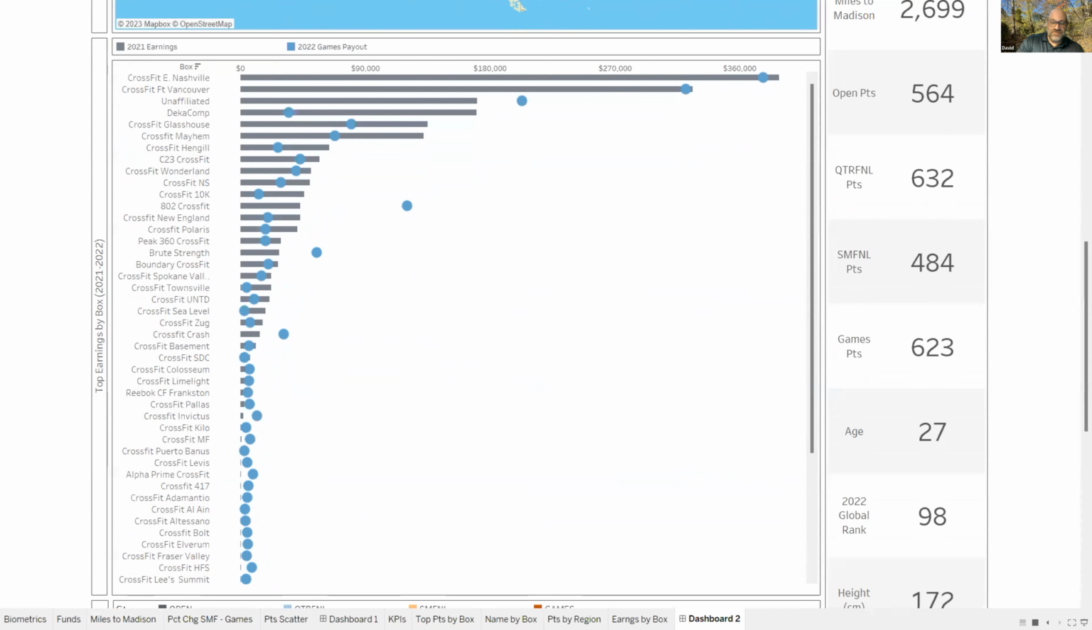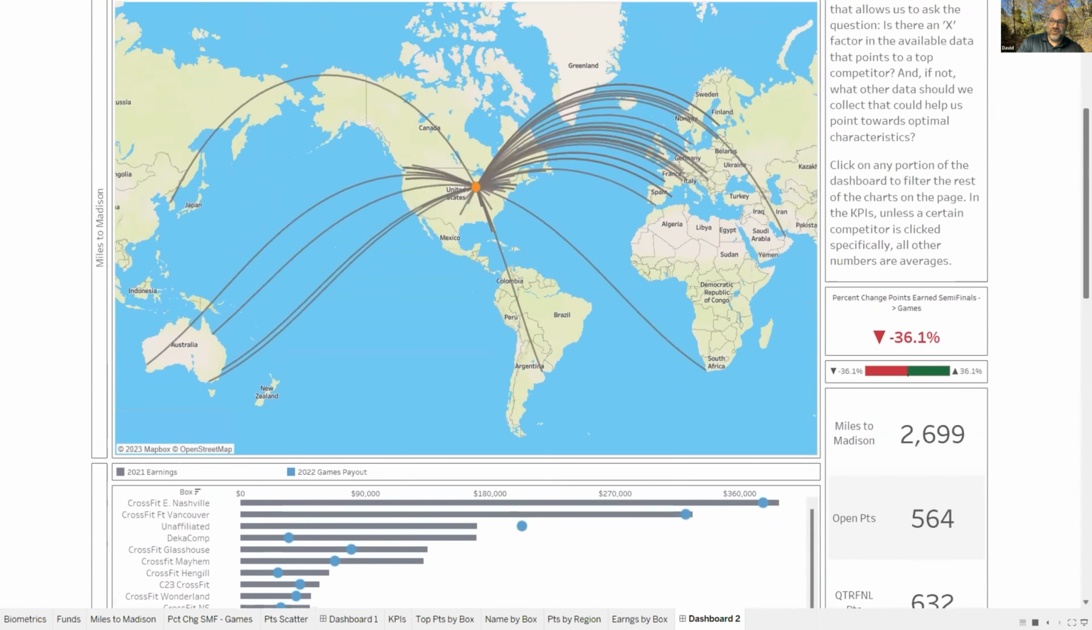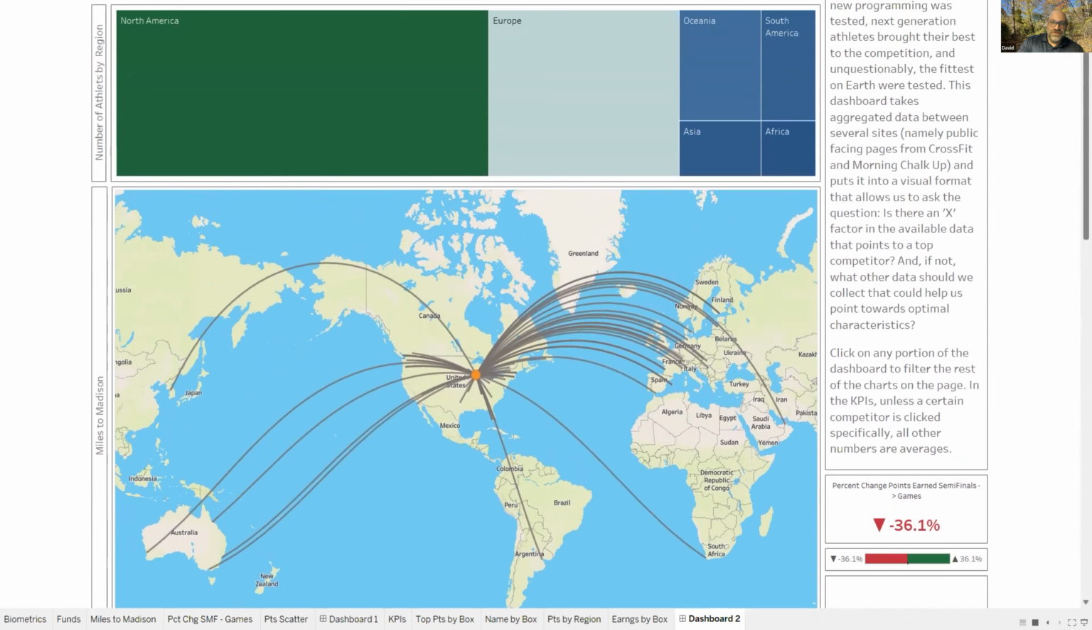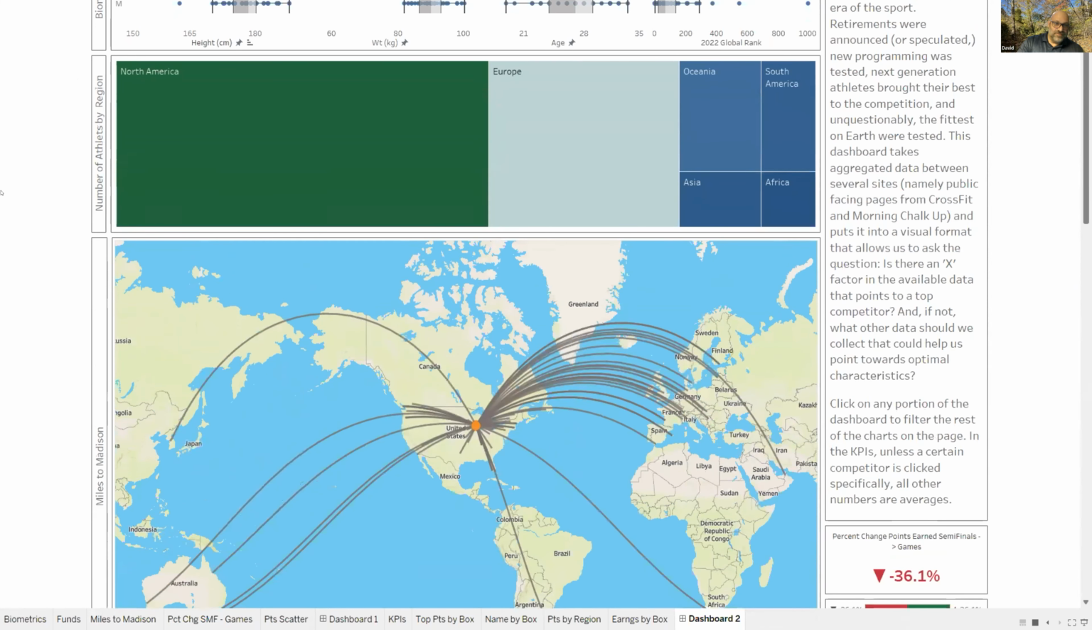The question that everybody was asking when I put this dashboard together was, is there an X factor related to any of the data in the field? You'll notice that the largest region sending athletes to the end of year competition is North America. So that's an open question. Why are those the highest number of athletes? But then again, if you've got